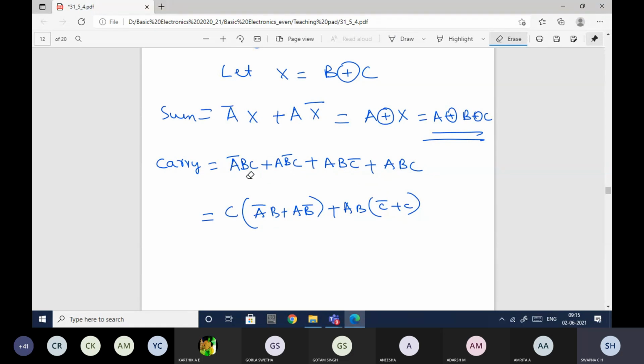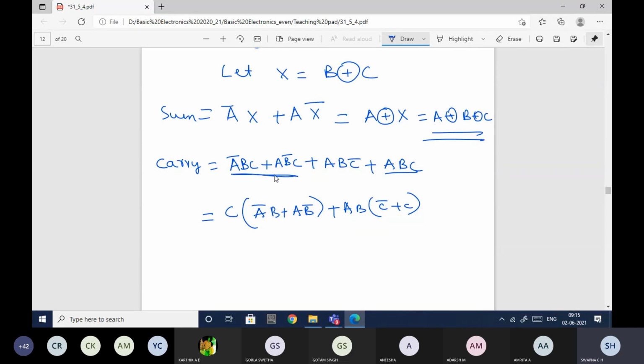See, as we know, this ABC can be used for all the three terms, but here what I need to do is use two half adders. Two half adders should be used, and I need to design a full adder. For that reason I'm doing it like this. So you need to take it in this way only. Make sure that you remember this step.